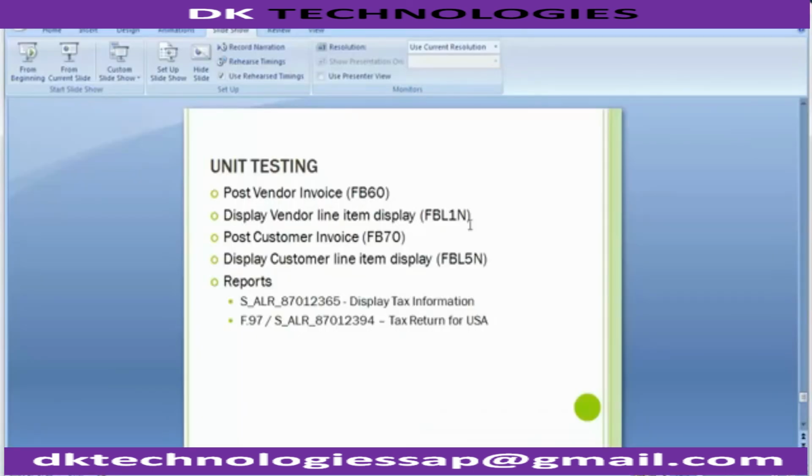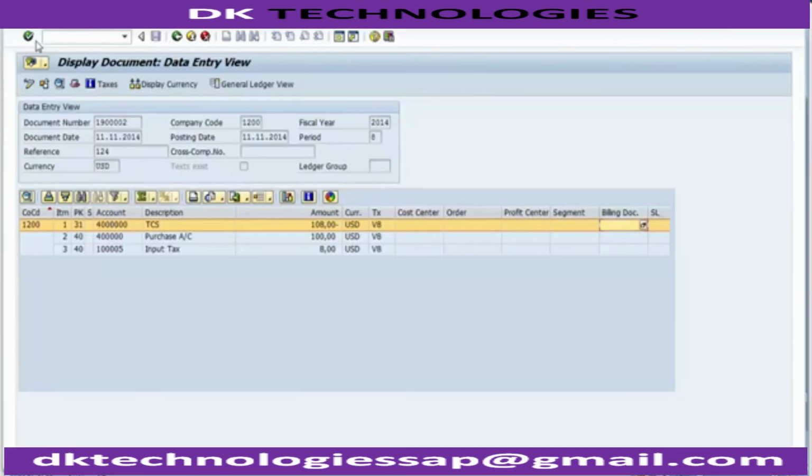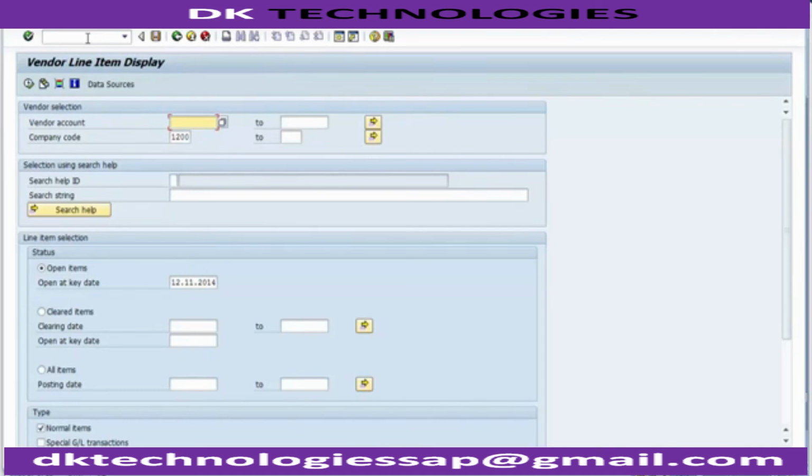Even if you want, you can go to FBL1N and have a vendor line item display as well. So the vendor over here is this. You can copy this. FBL1N. So this is how it's been done. Now we can go to FBL1N, enter, and now you can select the vendor. The company code is this, open item, as on date is 12th. If you want to put another date till